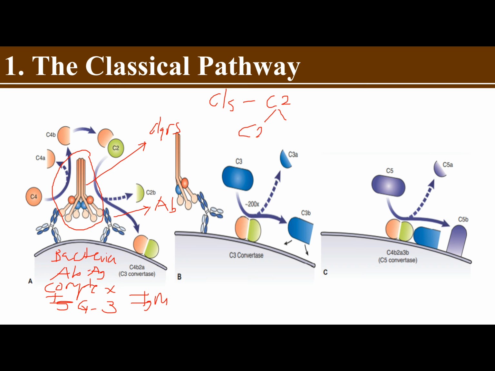We have your C2A, C2B. It would also cleave C4, forming C4A and C4B. Now, what happens in this part, class, is that the C4B would separate on its own, and it would now cause C2A to attach, forming your C4B2A. Now, C4B2A is now known as the C3